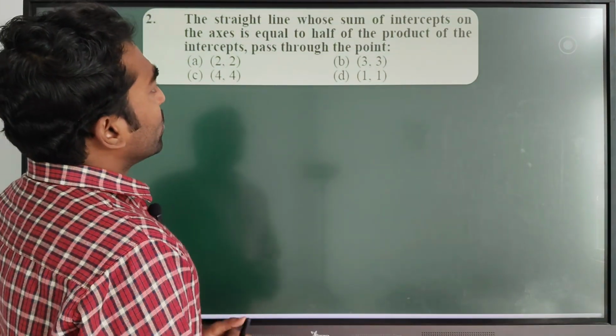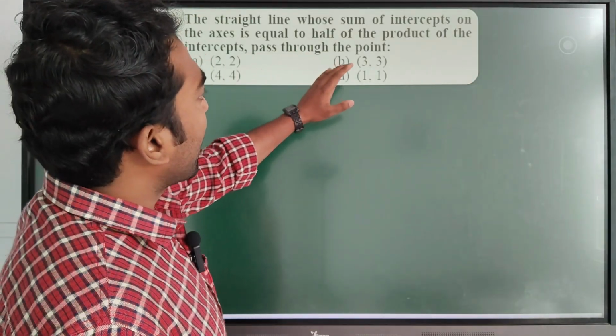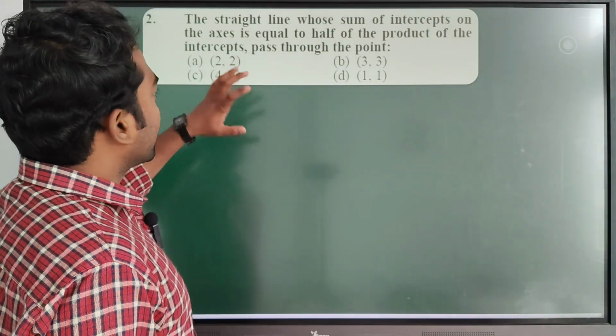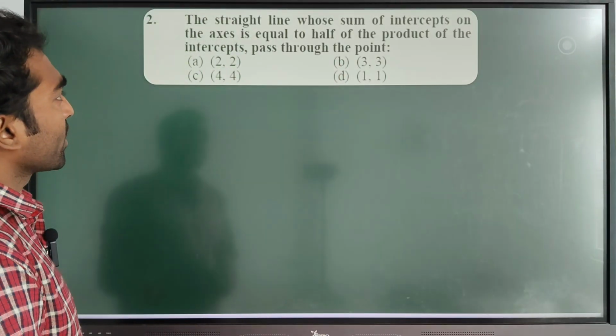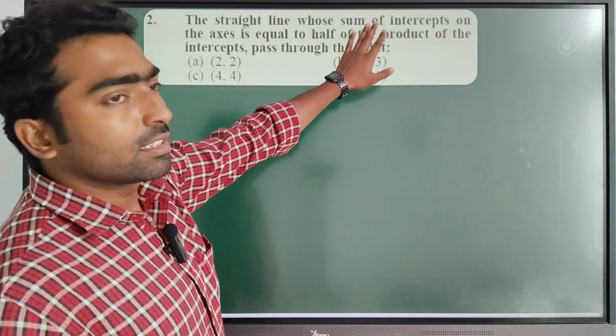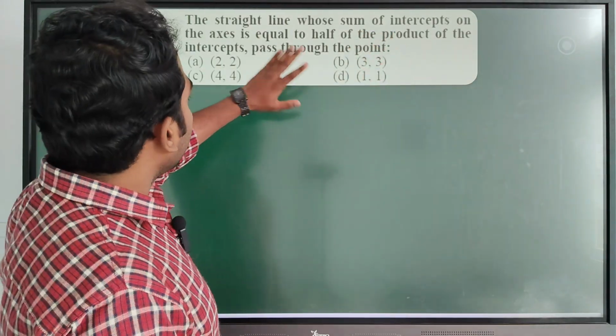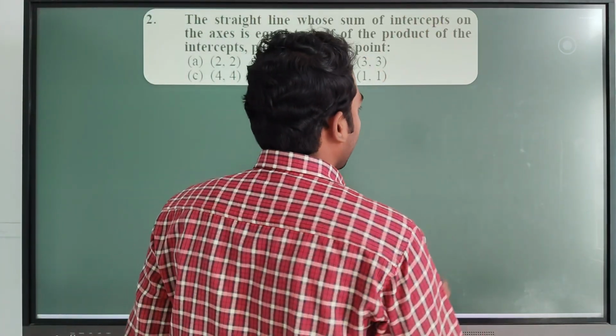the straight line whose sum of the intercepts on the axes is equal to half of the product of the intercepts passes through the point. So you have to find the equation of the straight line which satisfies this particular condition. The sum of the intercepts is equal to half of the product of the intercepts, which means that, let us suppose,